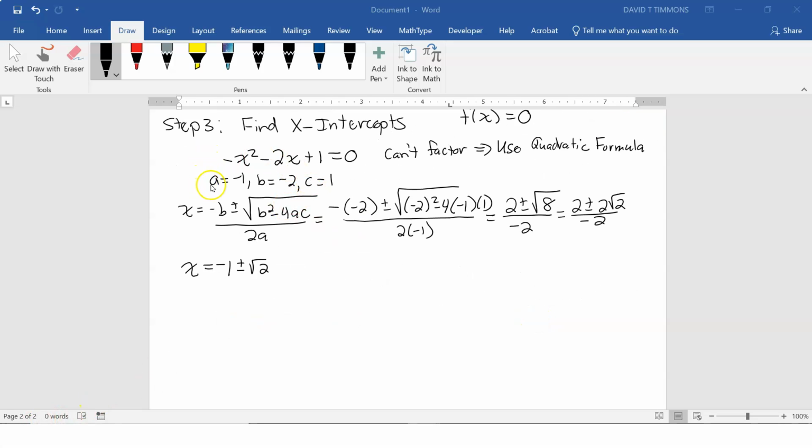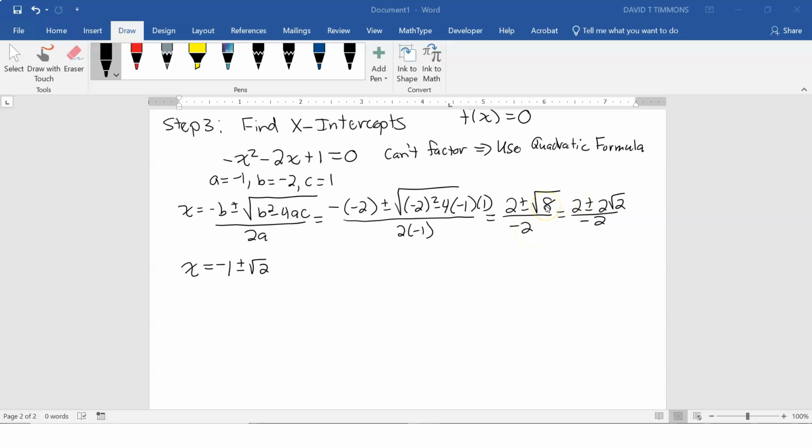When using the quadratic formula, carefully identify a, b, and c, and carefully substitute into the formula. Again, I really recommend using grouping symbols, especially with your negatives. Just substitute the values into the formula first, and then carefully evaluate. Eventually, we'll get to this expression, (2 ± √8)/(-2). Remember, we can simplify this